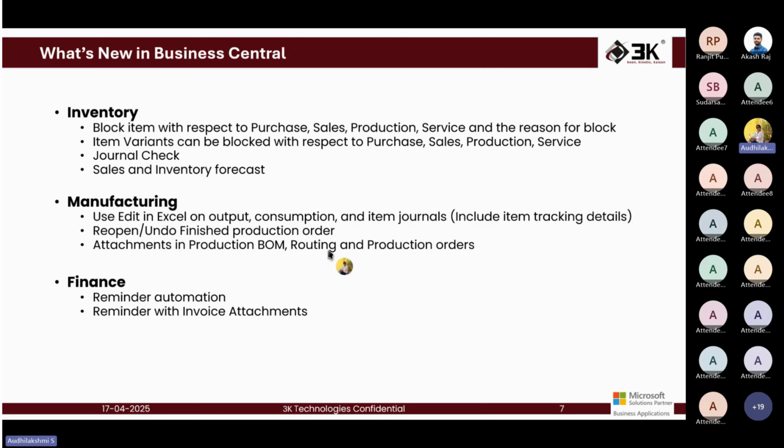The next one is reopen and undo. Previously, if we missed any transaction like consumption to be posted and we finished the production order, we could not pass any consumption entry or any entry with respect to the finished production order. Right now, there is an enhancement. We can reopen the finished production order once, wherein after reopening it, we can do the entries, whatever we missed, and then we can finish it,